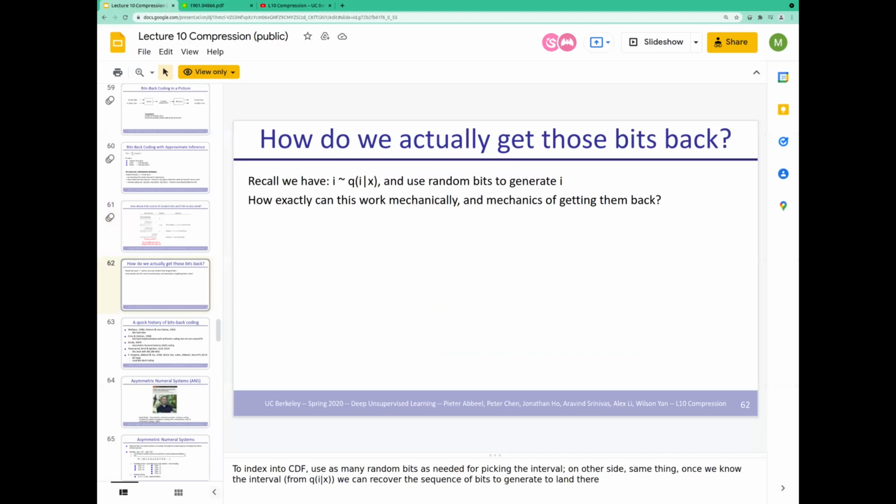So how do we actually get these bits back? We use random bits to generate Z. How exactly can this work mechanically? Okay, so yeah, this seems out of place, but